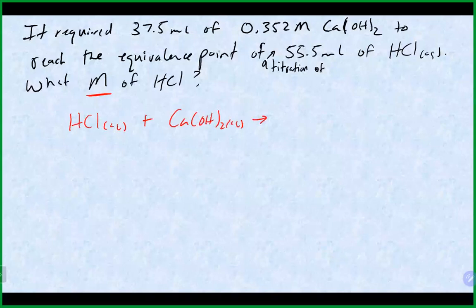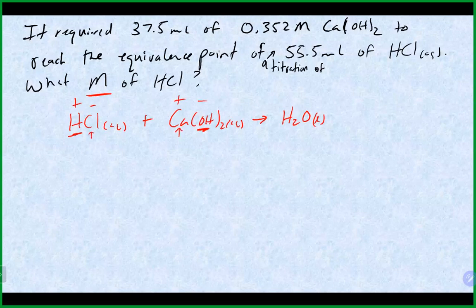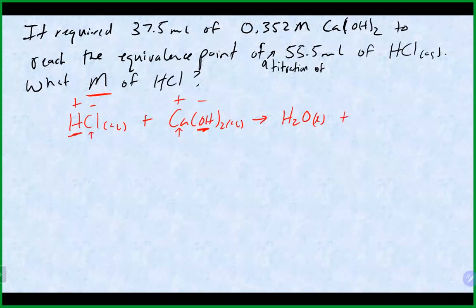And again, we're just going to do sort of our double displacement, and our water is going to come from those two spots right there, basically. So that'll give us our water. And again, we want to put our calcium and our chloride together correctly. Again, calcium being +2, Cl being -1. So that should give us a